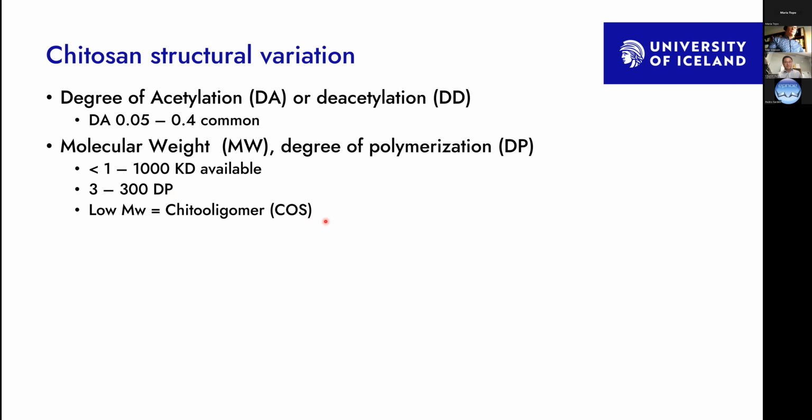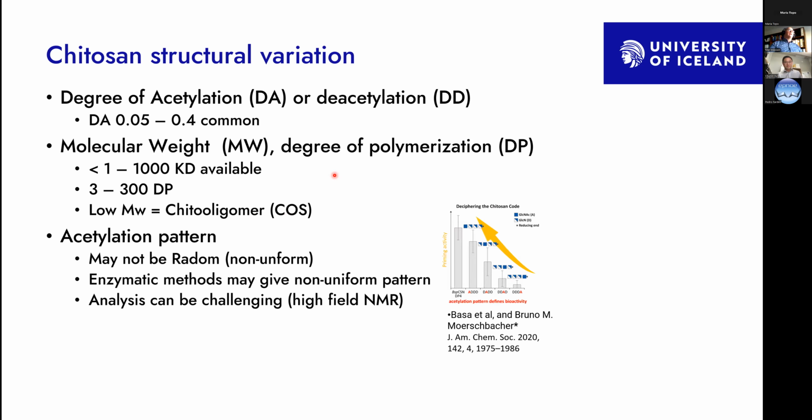However, the problem with these COS studies and some reviews is that there is no universally agreed definition. So what someone calls a polymer, another researcher will call a COS, and this causes considerable confusion, so people have to be careful and see what the actual molecular weight is rather than just the